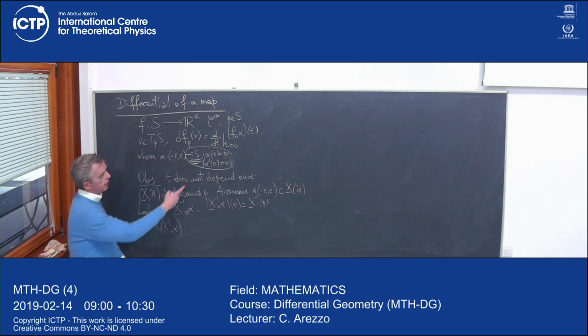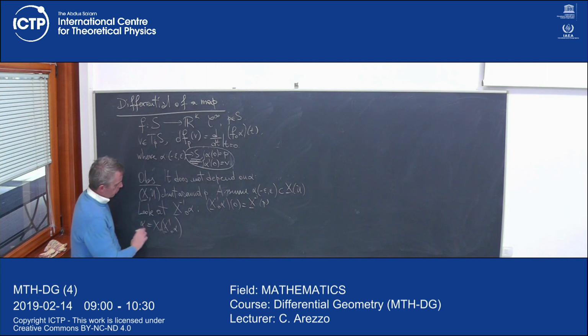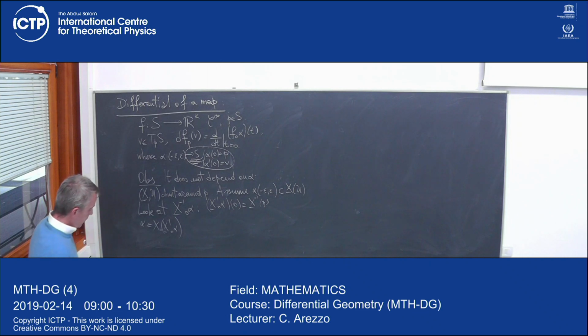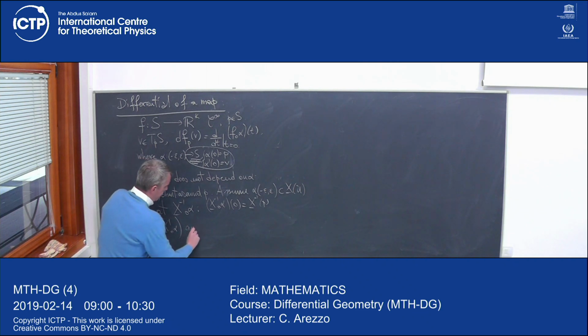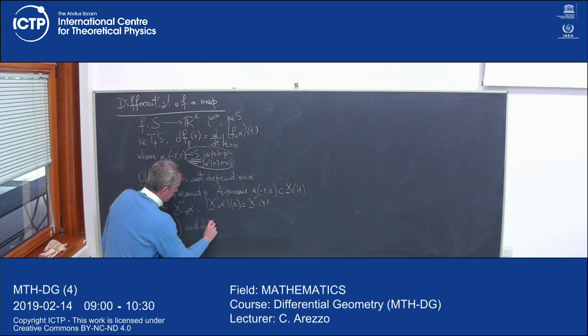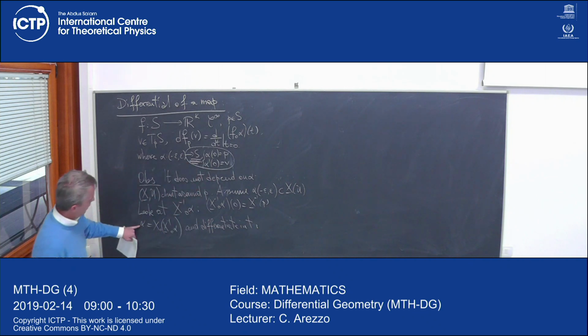You remember, the only thing I know is that alpha prime of 0 is equal to v, while I want to compare the tangent vector to alpha with the differential of this map here. So I play this game. If I look at this equation and differentiate in t, and evaluate at t equal to 0, what do I get? Well, on the left,